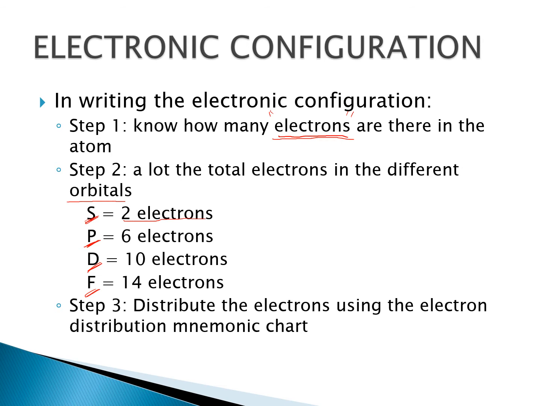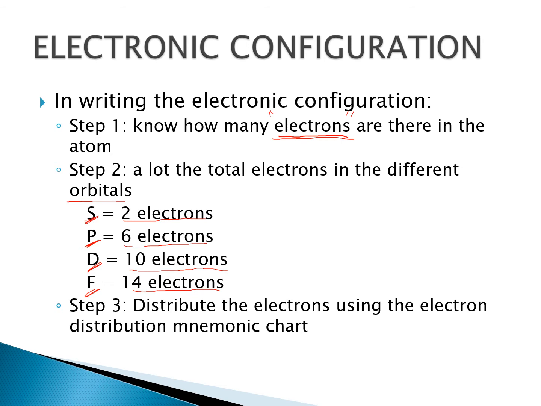For a P orbital, the maximum number of electrons that can be found is 6 electrons. For a D orbital, the maximum number of electrons is 10 electrons. And for F orbitals, the maximum number of electrons that we can find is 14 electrons. Take note of that because we will go back to this later on as we try to write electronic configuration